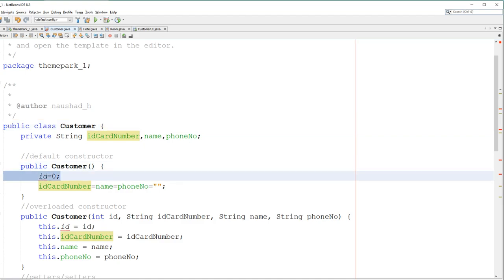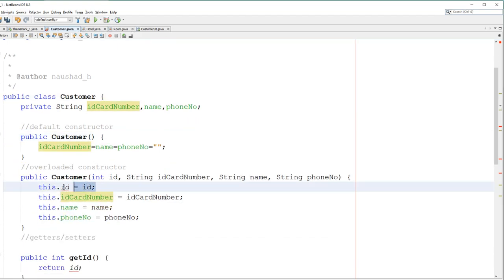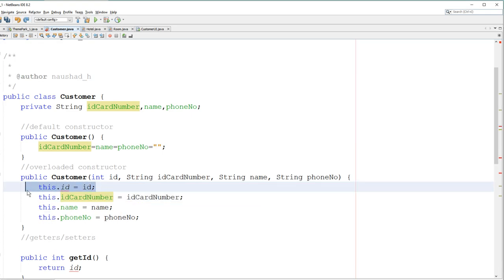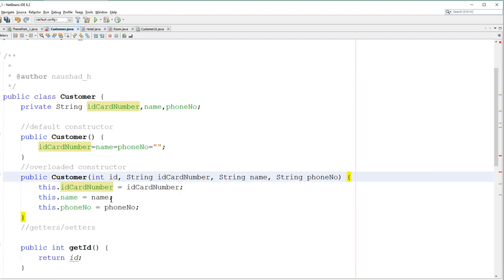So forget about the ID. Okay, don't worry about the ID, sorry. This is because in some programming languages it's better to have a separate primary key. For now we already have a primary key, because we are inserting the data into the database, and ID card number here we are referring to the customer ID card number,